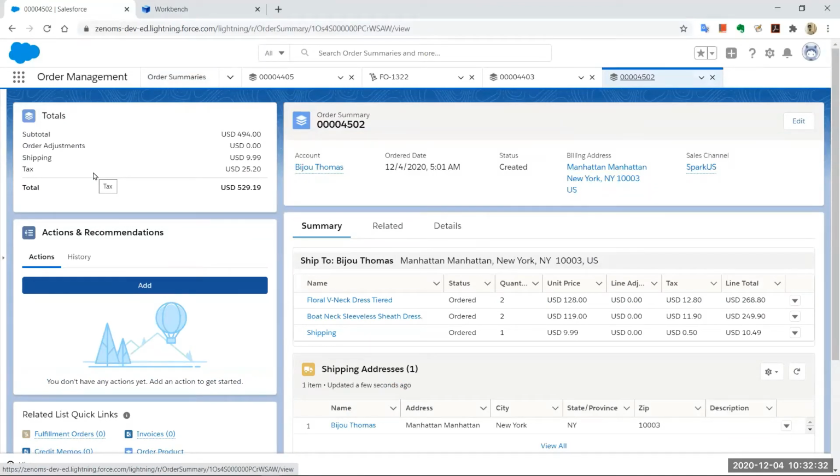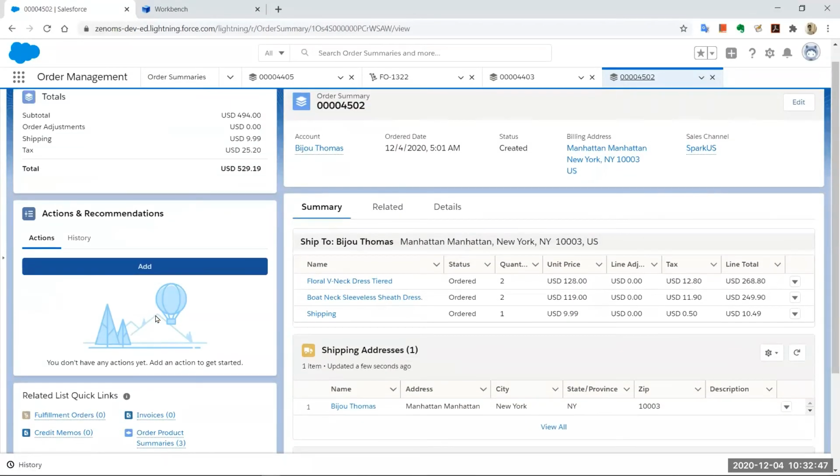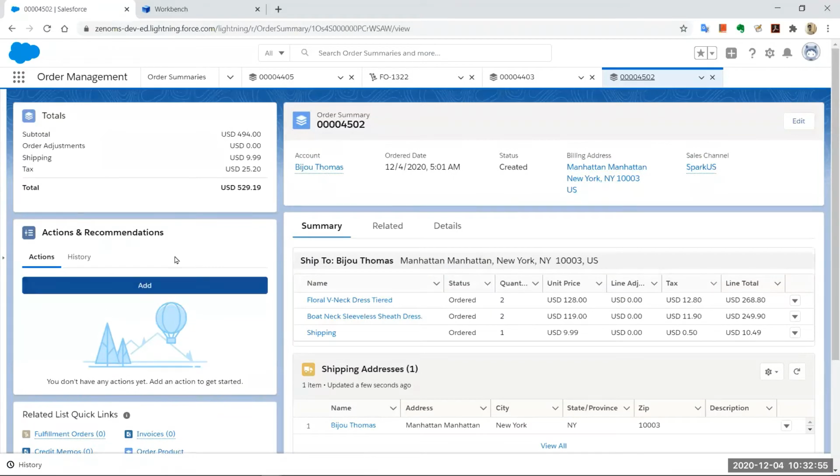It's very similar to your Service Cloud console, where you can use the app builder and build a console, right? It comes with specific out of the box order management lightning components which you can use. And if you have any automations or recommendation engines that you would want to tie in for your service agents, you can do that with the actions and recommendations part, right? So on the whole, what you get to see is the same products that I've ordered in Commerce Cloud, and taxes also get carried forward, right?